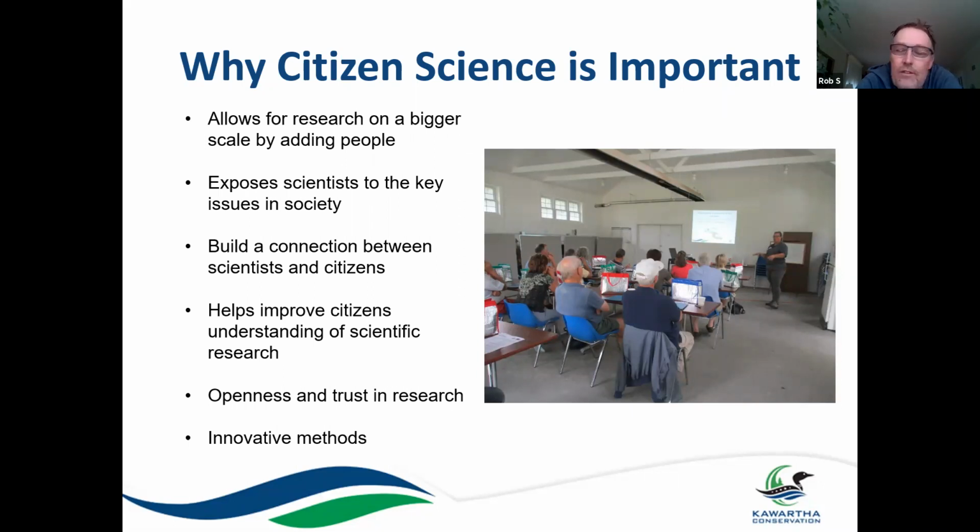And on the flip side, scientists get out of their scientific bubble and they get out there and they talk to the public and they find out what the public's concerns are, whether they have concerns with certain issues that are out there that they would like studied. And all of that also helps to build trust between the two groups. So you have citizens trusting scientists, and scientists start to grow a greater level of trust in citizens' ability to help them with their projects.